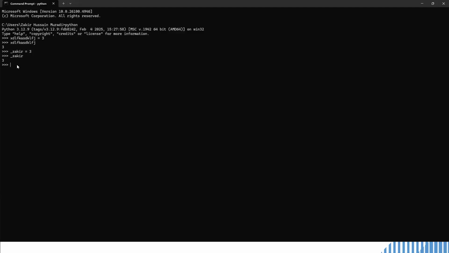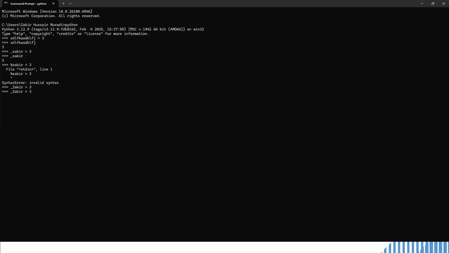But I cannot use special characters like percent: %Zakir is equal to 3 will give you an error. So keep in mind that you cannot use a special character when naming a variable.